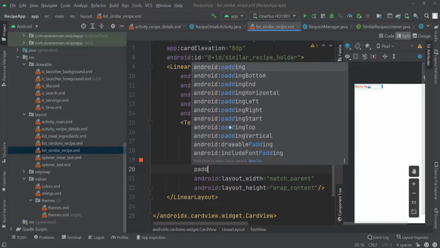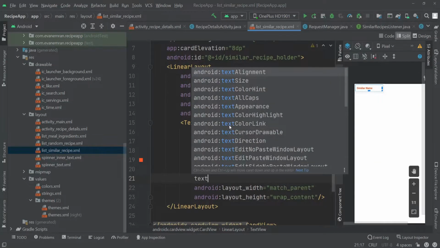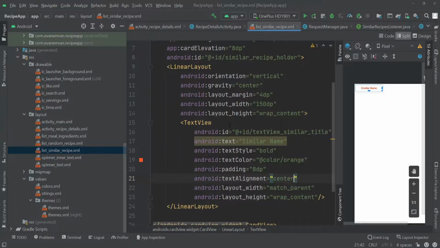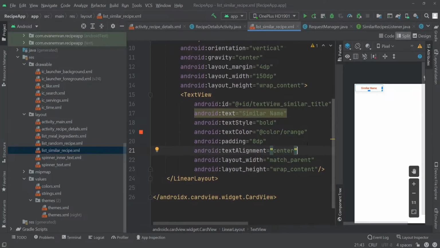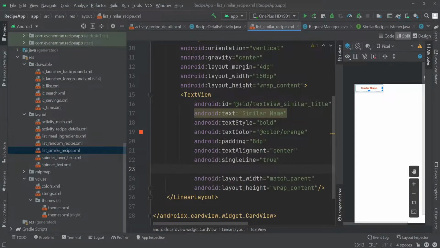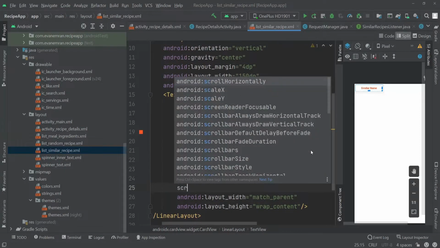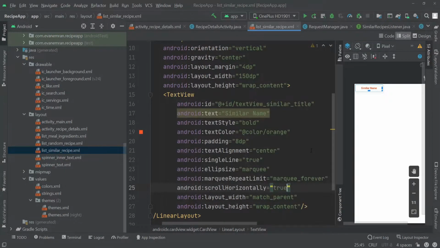Let's give this a padding of 8 dp, and then let's set the text alignment to be center. Okay, and then let's also give this text view a horizontal scrolling effect. So for this I'll write the singleLine attribute to true, then I'll change the ellipsize to marquee, then the marqueeRepeatLimit to marquee_forever, and then scrollHorizontally to true. Okay,